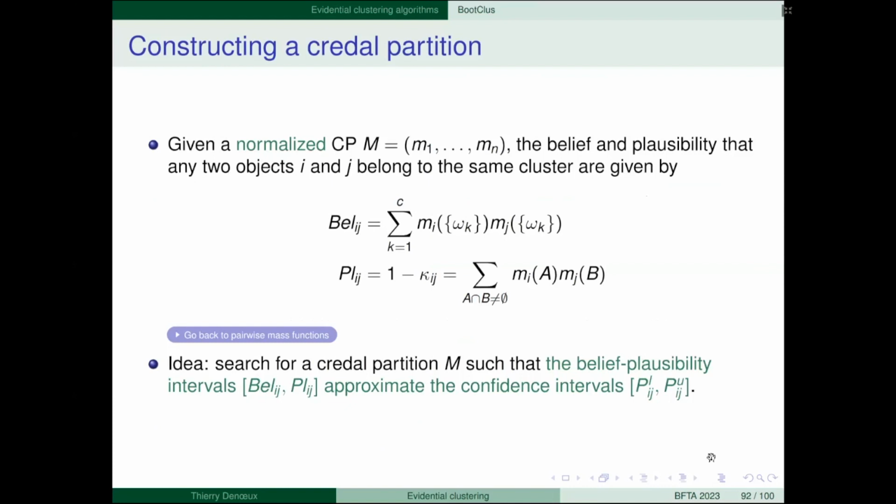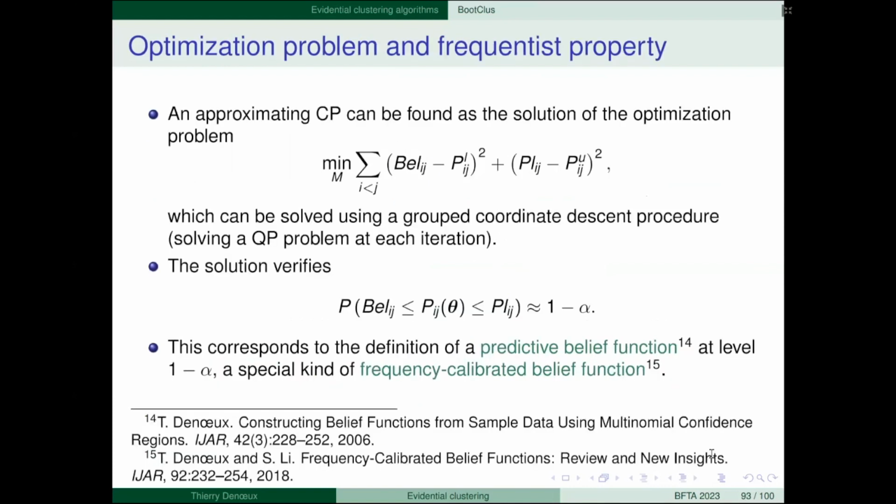And so we minimize a criterion like this, and we search for a Credal partition M such that the pairwise belief between two objects and the pairwise plausibilities approximate, respectively, the lower and upper bounds of the confidence intervals.